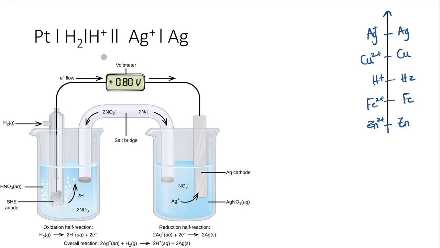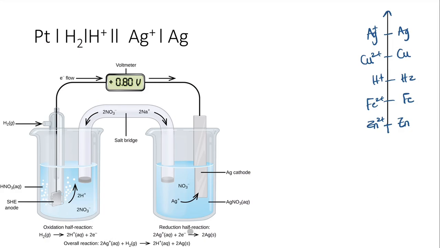Hydrogen is associated with Ag+ with this silver. As you may notice, the reaction is spontaneous when Ag+ reacts with H2 to give us H+ and Ag. Here's the overall redox reaction: 2Ag+ plus H2 gives us 2H+ plus 2Ag. So H2 is undergoing oxidation, and here the Ag+